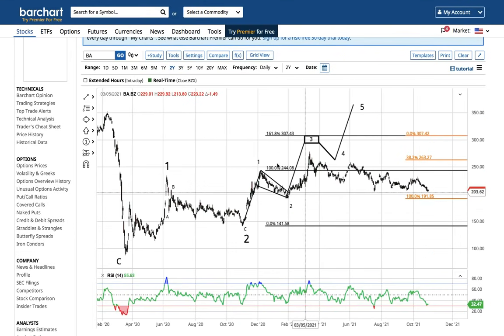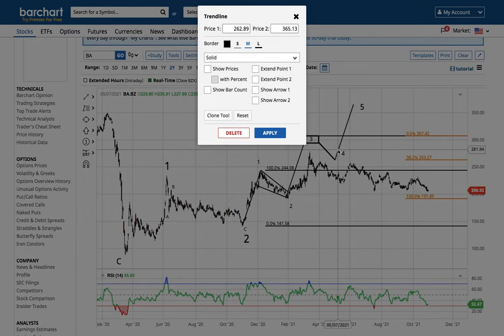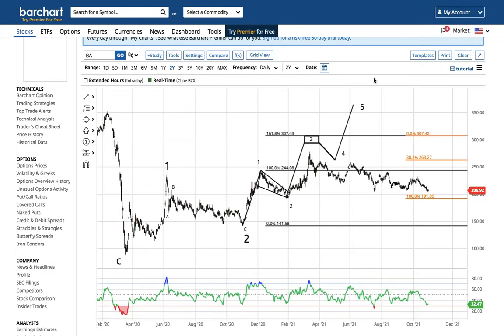Boeing hasn't broken this small degree wave 2 low yet. So right now, as long as we're above 191, my belief is that this is a wave 1 and a wave 2. This is another wave 1 and another wave 2. So if we're above 191, the wave 3 target is 307, with a shallow wave 4 correction and a wave 5 higher. There'll be at least the length of wave 1 placed at the wave 2 low, and that would take Boeing all the way to 365 for waves 1, 2, 3, 4, and 5, and then that would complete a large degree wave 3.